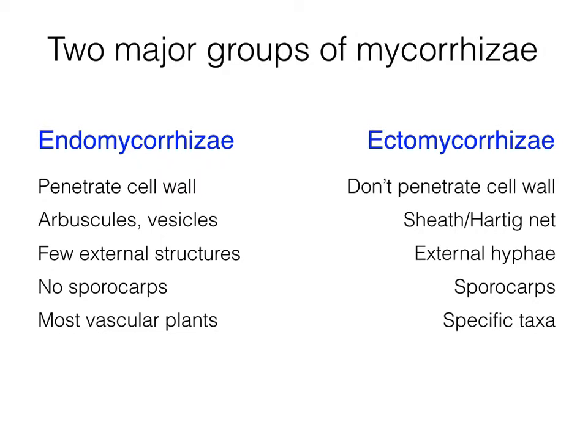Endomycorrhizae occur on most vascular plants. It's estimated that they are on somewhere upwards of 90% of all flowering plants. So they're very broadly distributed across an enormous number of plant species. The ectomycorrhizae occur on very specific taxa. In particular, they tend to occur on species of conifers, so pine, spruce, fir, and so forth. They also occur on oak species, eucalyptus, and some other specific taxa. Although they don't occur on as many taxa, they're actually very widespread because those taxa that they do occur on are quite widespread worldwide. It's estimated that there are between 5,000 and 6,000 species of fungi that form ectomycorrhizas, and